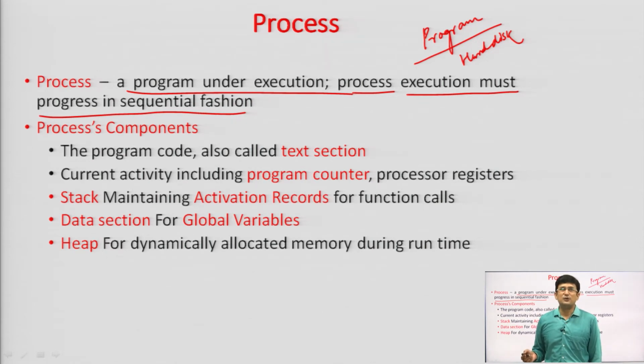In simple language, you can understand that the process is the active entity, program is a passive entity. When the program is brought to the main memory, it has been brought for some purpose, for the execution, for taking some input and generating some output, or for performing some task. If it is brought to the main memory, then only it can perform the task, otherwise it cannot perform the task. So, when the program is brought to the main memory, it has certain components, a certain region of the memory is given to the program.